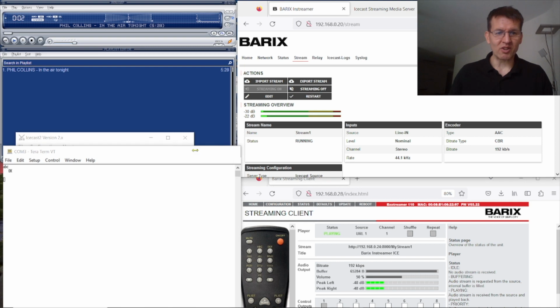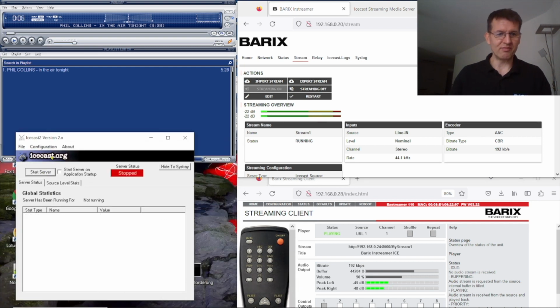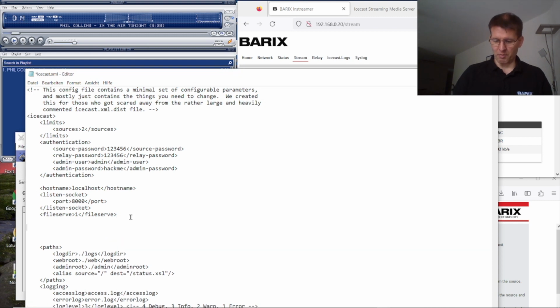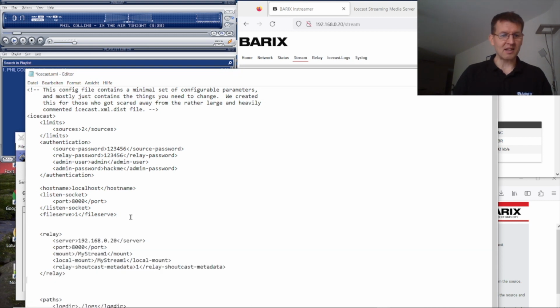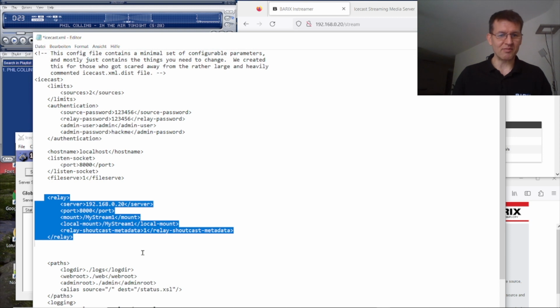For that we have to change the configuration. We have to add a relay section here. I have already prepared it and I insert it here in the configuration. I have inserted this part now.